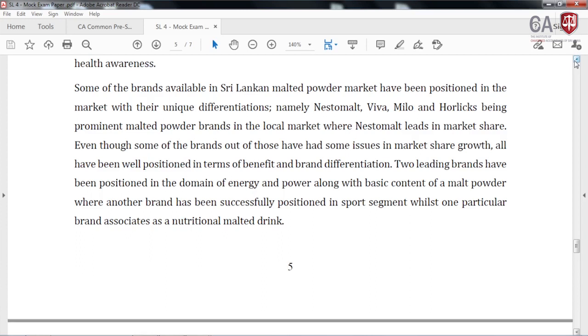Two leading brands have been positioned in the domain of energy and power along with the basic content of a malt powder. So, energy,